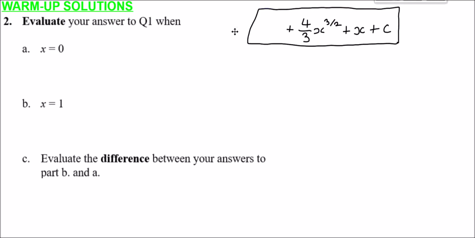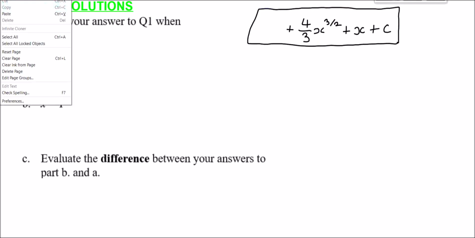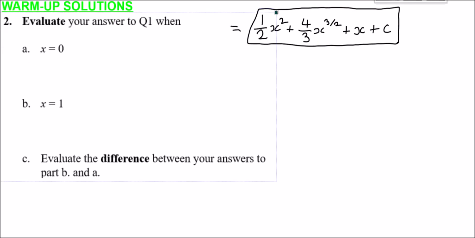This thing here is, oops, I'll undo that. Didn't mean to quite delete all that. This is the integral from before. This is what we ended up with. So first of all, we're going to evaluate this when x is equal to 0. Okay, so we're just going to take this, I'm going to substitute in what this is equal to when x is 0. So that would be a half